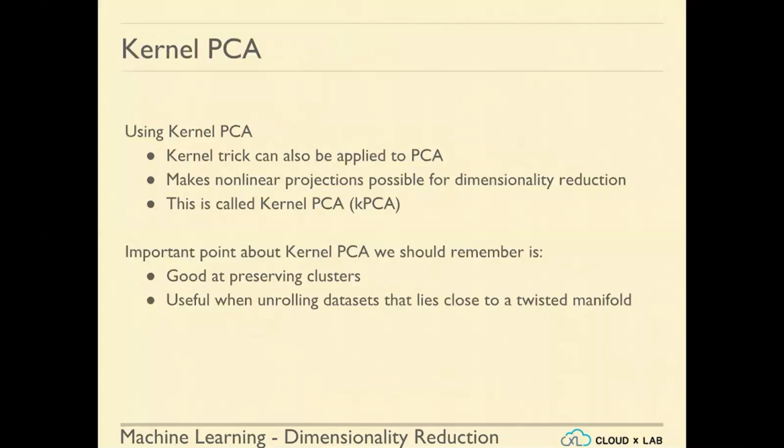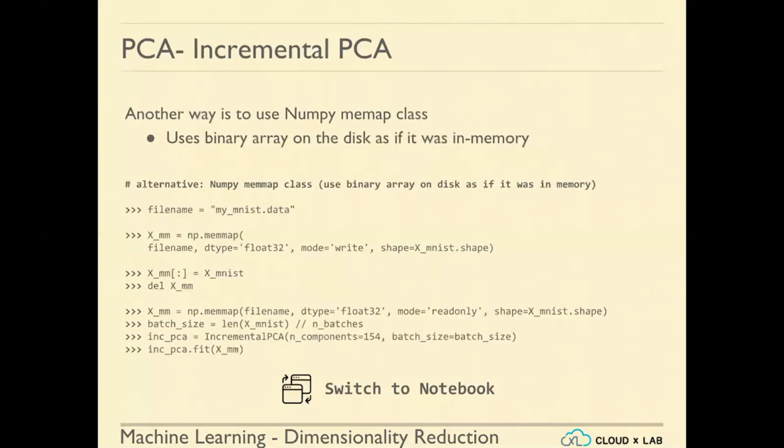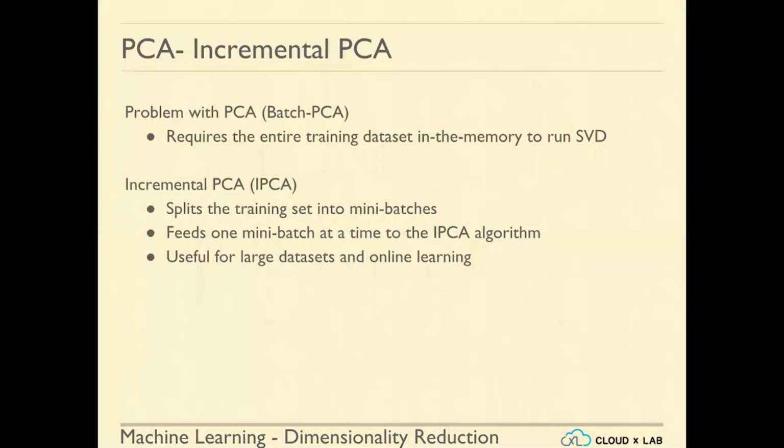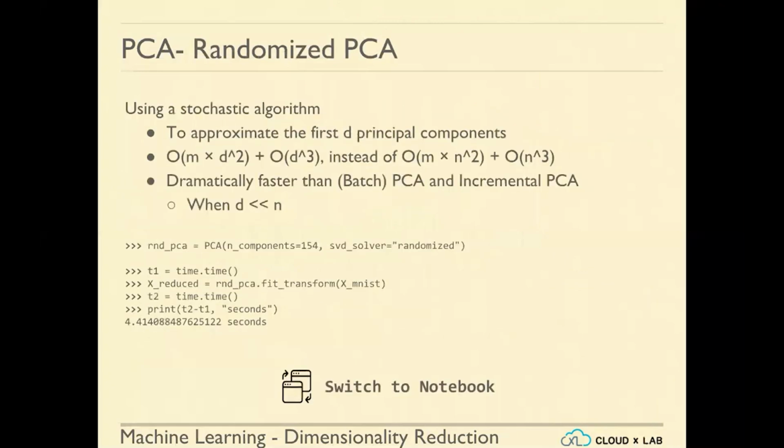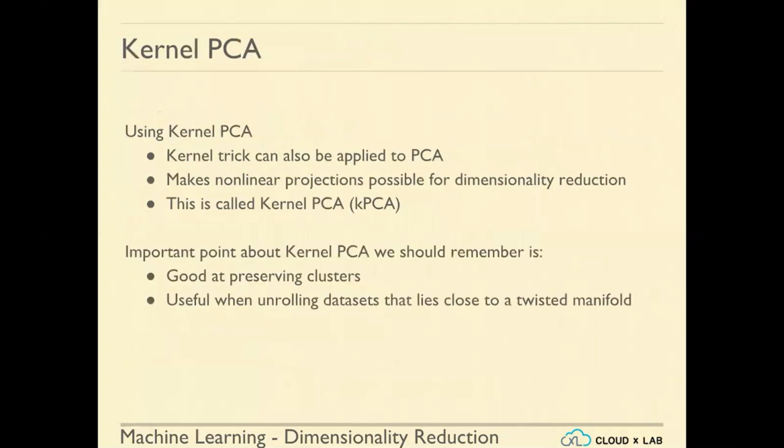The next one is there is another variation of PCA. The first one was using batch PCA. Then there was incremental, and then there was stochastic, the randomized PCA, which basically does a quick approximation. The next one is the kernel PCA, which does a similar thing to what SVMs were doing, applying kernel tricks, and it even makes it possible to do nonlinear projections for dimensionality reduction. This is called the kernel PCA, KPCA